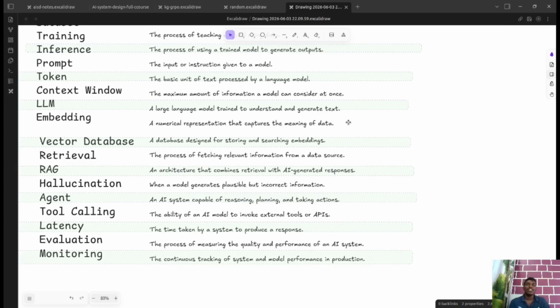So it's not that you randomly assign some number and say that this is the embedding for so and so. So this is basically a meaningful representation and a numerical representation for any kind of data. So how are we going to get the embeddings out of any unstructured data? There are multiple models which are meant to get the embedding out of any kind of data which we have. For example, text embeddings, we have multiple models.